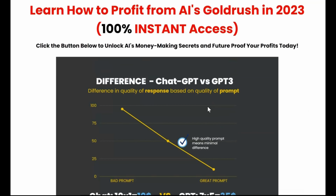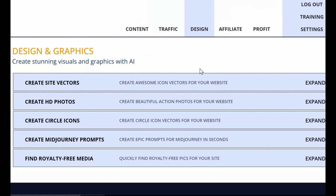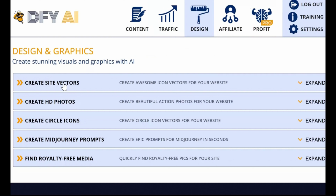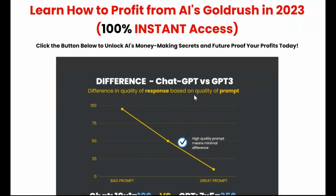Now, if you want to edit this, you can of course do it very, very easily. If you want to replace the image, you can also do that from within the design section of Done For You AI by just going in here and creating either a vector, HD photo, or a circle icon. And of course, all of these work in the exact same way. We paste our text in, and we are then given some keyword ideas. We click here and it then creates an image,